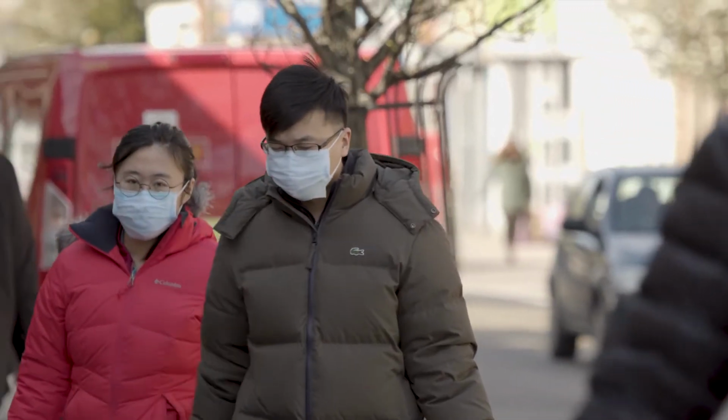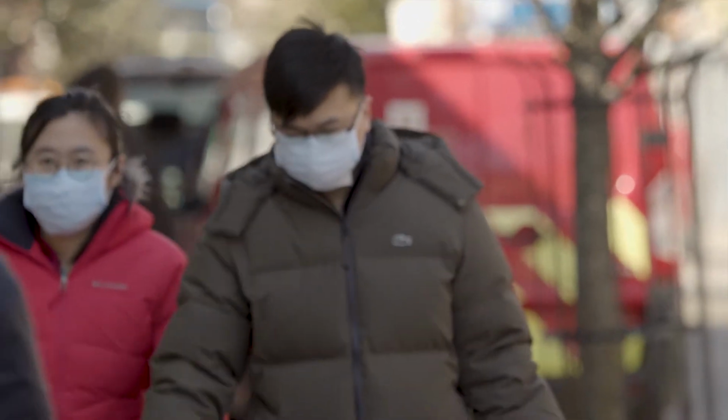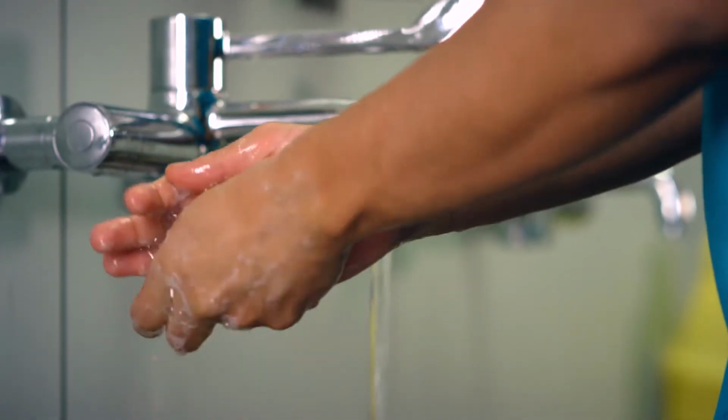In this current situation that we're facing a pandemic due to the coronavirus, also known as COVID-19. This virus is spread through droplets that come out from your respiratory system, from your mouth, from your nose. And these droplets, particles, live on the surface. And that's why the experts always advise us to wash our hands regularly, because our hands always touch